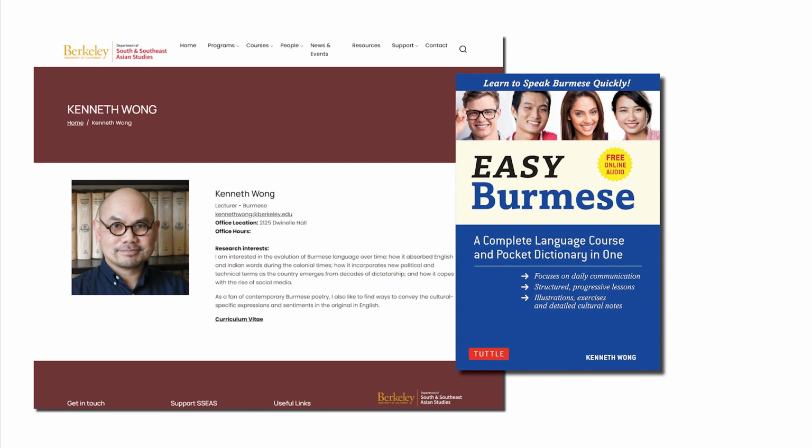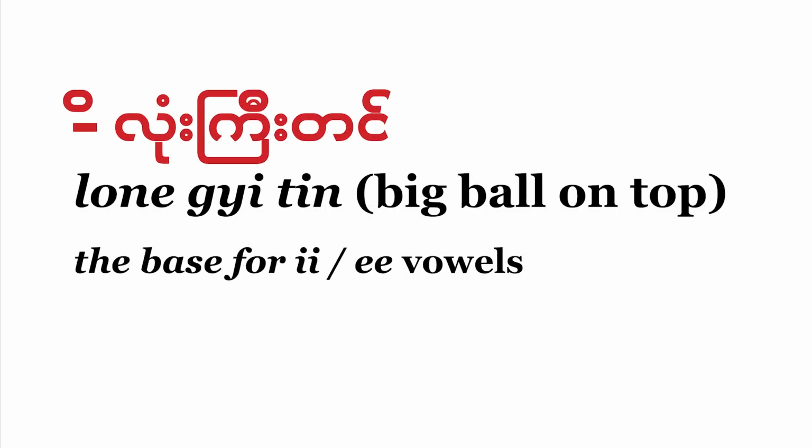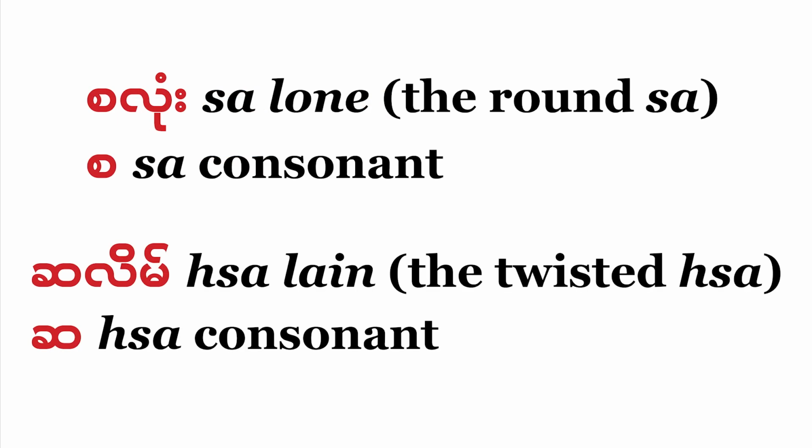In this episode, I'll introduce you to the second row of the alphabet, along with the E diacritic family, which is made up of the sound E, E, E. Now let's start with the consonants. In this second row, you'll meet sa long, or the round sa, and then sa ling,